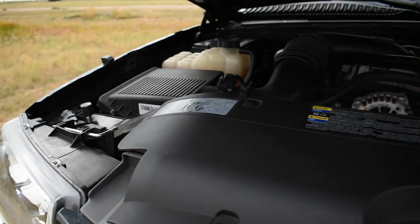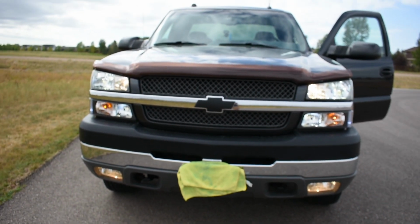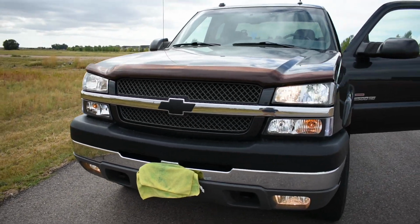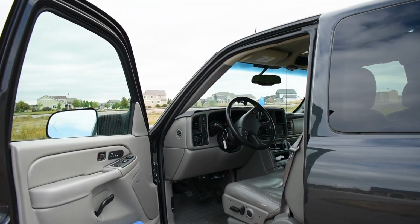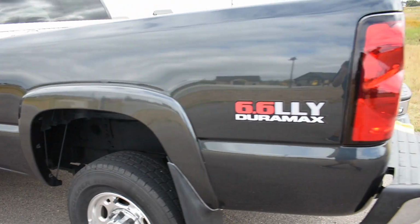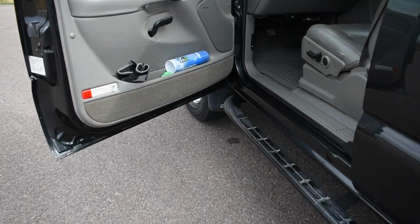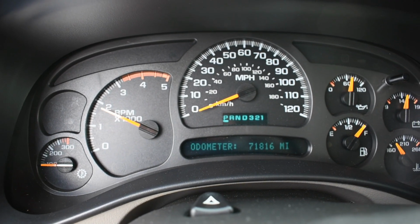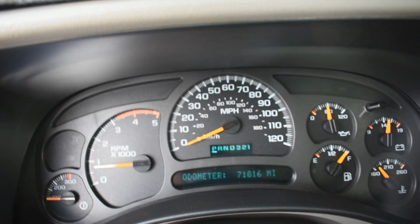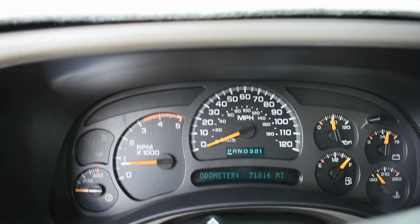All right, let's close that hood. It did come with that bug deflector, which I think looks pretty sweet, despite its brown color. So, you will see videos soon. I'm going to try to get this sucker paint matched. But, yeah, that's my 1 year review of this truck. It's been great. We'll give it some revs here to finish the video. Sounds good. All right, we'll see you guys in